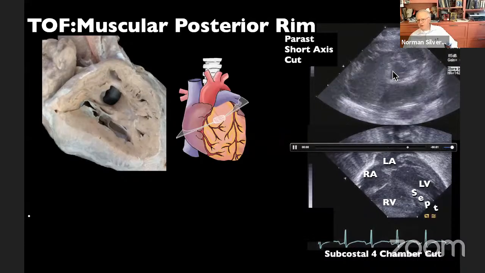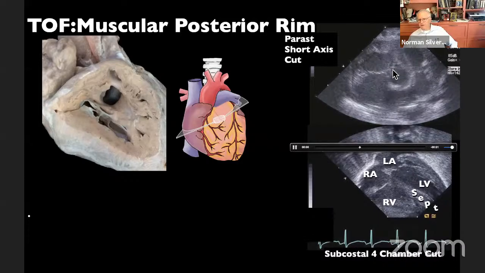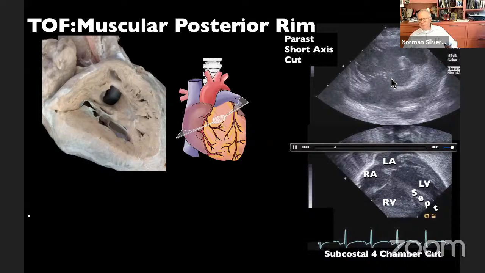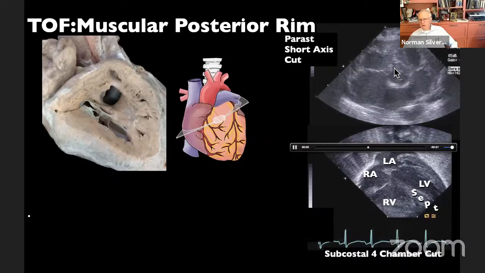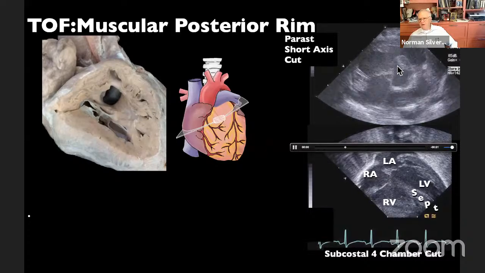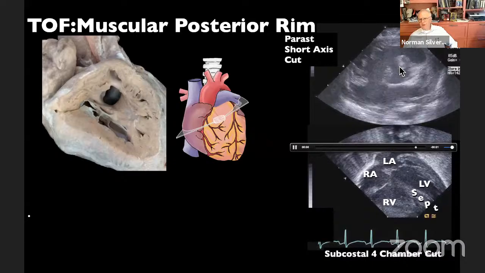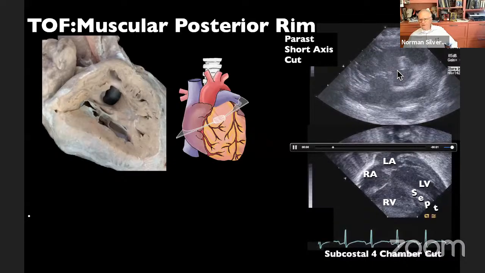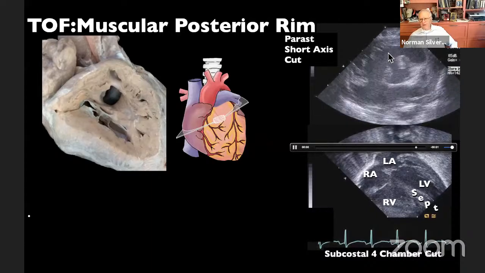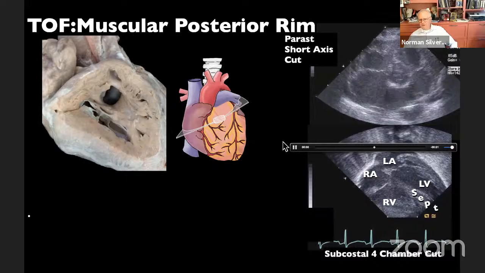And what you can see here, the feature that is absolutely important, is this little ridge of muscular tissue, which is now protecting the conducting tissue. The ventricular septal defect, instead of being in this area, is rotated round here, showing that the inlet septum is intact and this posterior muscular ridge is here. So the defect is now at about 11 o'clock on the watch face, as you would see it.